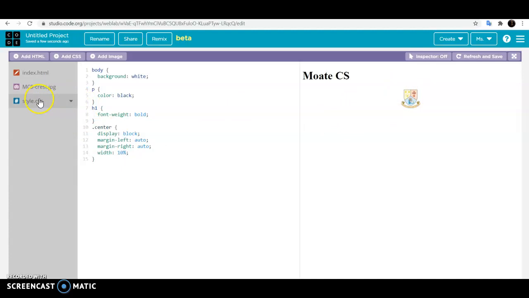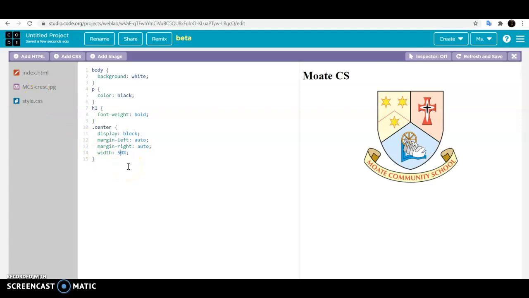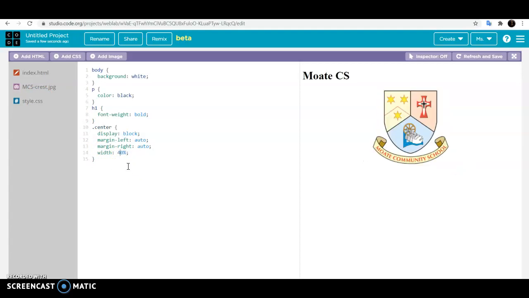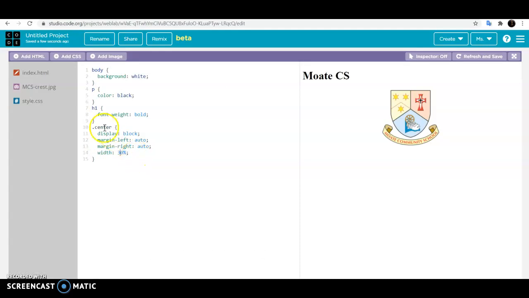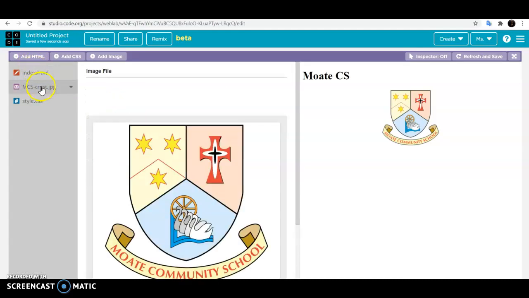Again, you could always put in the height if you wanted. That's up to yourself. But to center it across the page, or whatever size you want, you can do it in there using that little bit of code. And I've just gone from W3 Schools into that, and I'm just copying it in. So there's my